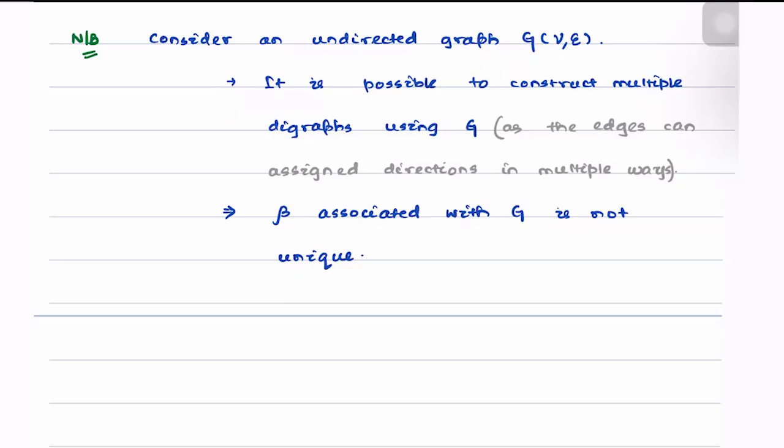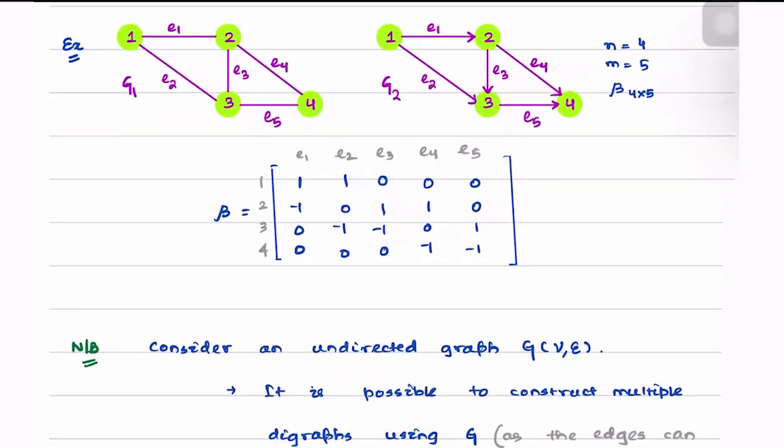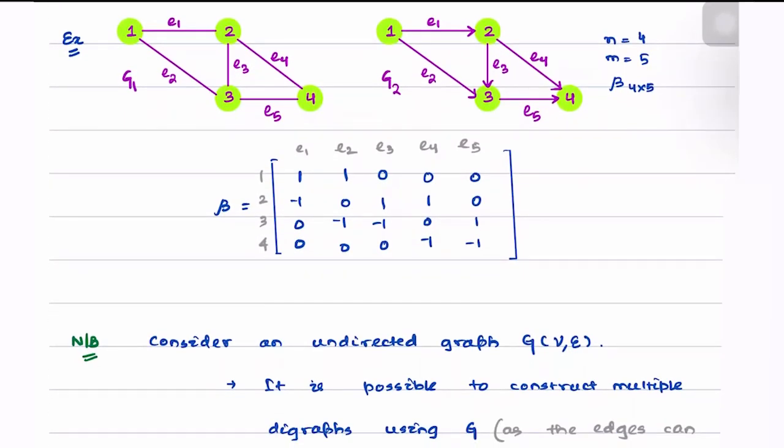There could be multiple. Just to give an example, here, suppose we reverse the direction of edge E2. Let me now make the direction of E2 in this manner. Then what would happen is this entry becomes +1 and this becomes -1. And as before, the rest continue to be 0. Again, this is yet another incidence matrix associated with the same undirected graph. With this, we are now ready to state our second property.